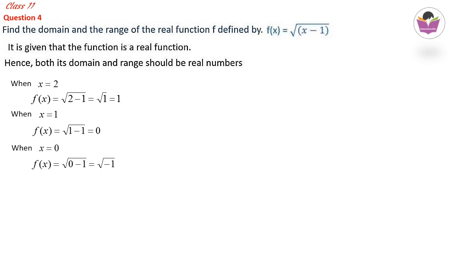Real number system, as you know, includes both rational and irrationals. But irrational means only square root numbers, whereas here not only is there a square root, there is a negative sign also. This is not included in the irrational number system. This is another number system which we are going to study this year. So root of minus 1 is not in the real number system. It means when we give the input 0, we are not getting a real number as output.